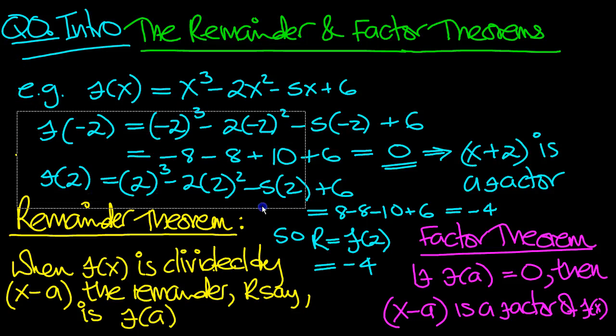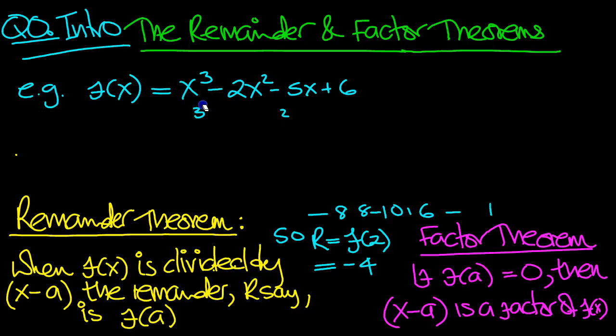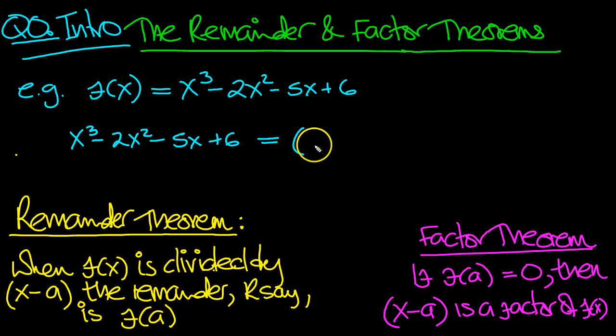So let's be happy that we can see why that's the case. I'm just going to get rid of this now, and then we'll have a look at why, or some of the reasons why anyway, at least. So we said when we divided it by x minus 2, it had a remainder of minus 4, didn't we? So if you have x cubed minus 2x squared minus 5x plus 6, that can be equal to x minus 2,